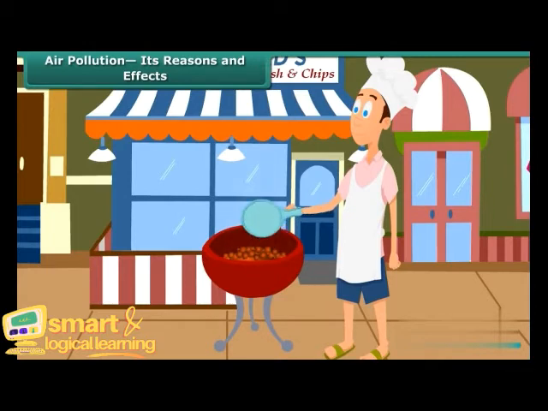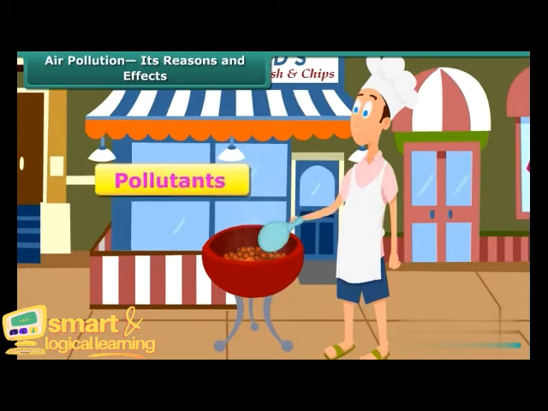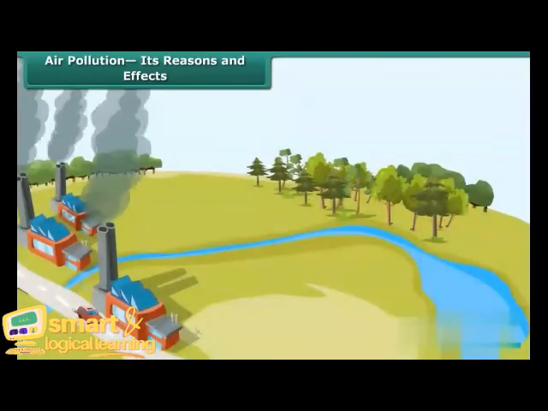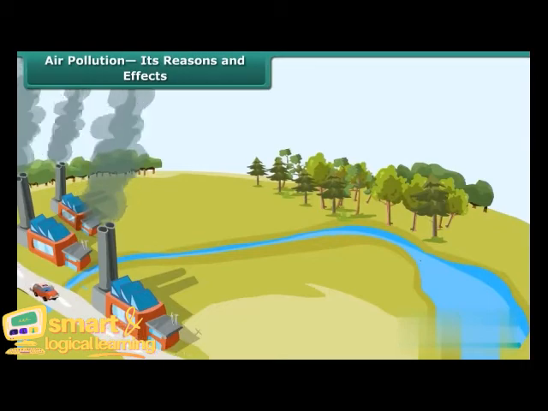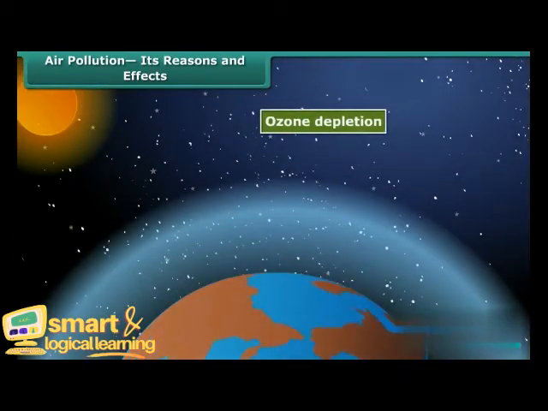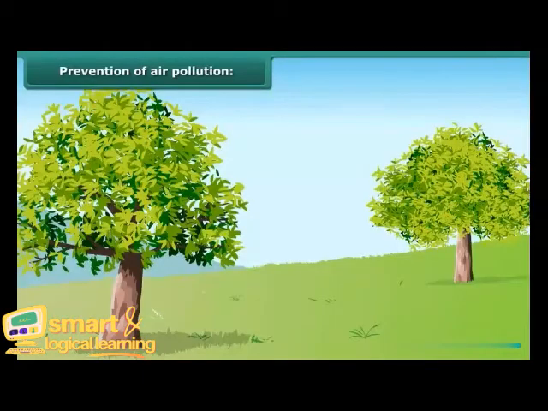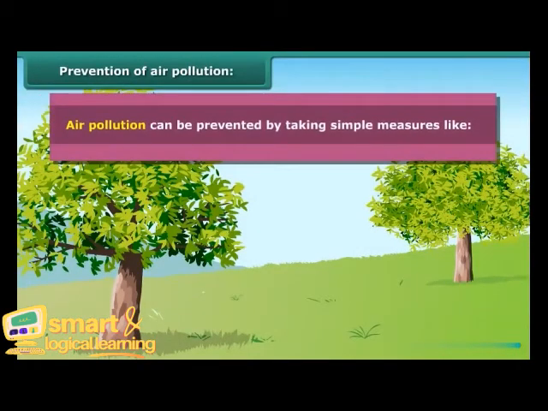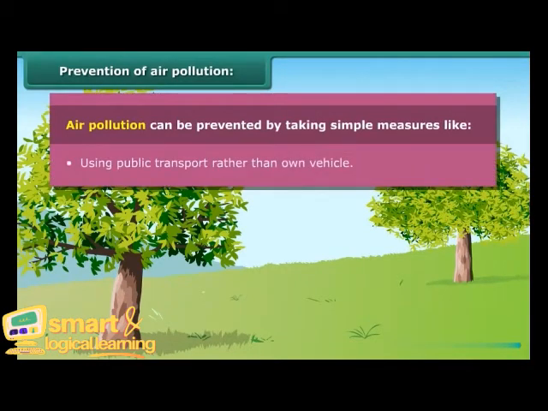The substances that cause air pollution are called pollutants. Mainly, air pollutants are the gases discharged from industry and motor vehicles. Air pollution also creates global problems such as ozone depletion by gases like chlorofluorocarbon and global warming by carbon dioxide. Air pollution can be prevented by taking simple measures like using public transport rather than your own vehicle, reducing the